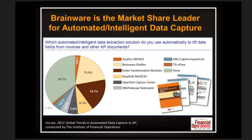With these customer successes, Brainware has really been able to achieve a market share leadership position in the intelligent data capture space. The results that you see here were from a recent study that was done. In fact, some of you may have participated in this study that was done globally, conducted by the Institute of Financial Operations, in which they asked about which intelligent data extraction solutions are currently being used to lift data in accounts payable. And you can see Brainware Distiller was the market share leader for this year and for the first time. But you can also see there's quite a large volume of the respondents that currently aren't using this type of solution, and so it's interesting to note